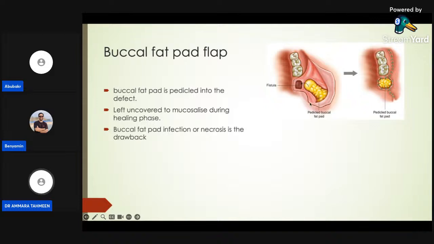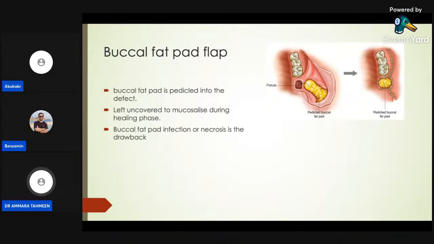Just like that, exactly, you dissect at the mucoperiosteum level and make the flap free of tension. Then behind the zygomatic process, just below the zygomatic arch, you feel extraorally at the zygomatic arch and press there, and from intraorally through this buccal flap, you give a vertical release incision into the mucoperiosteum, and by blunt dissection you can visualize the buccal fat pad. It is coming out of the fascia.